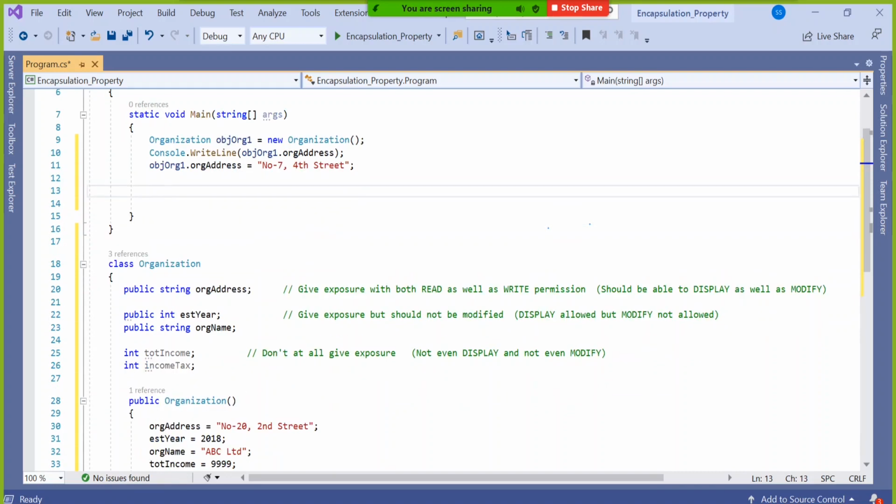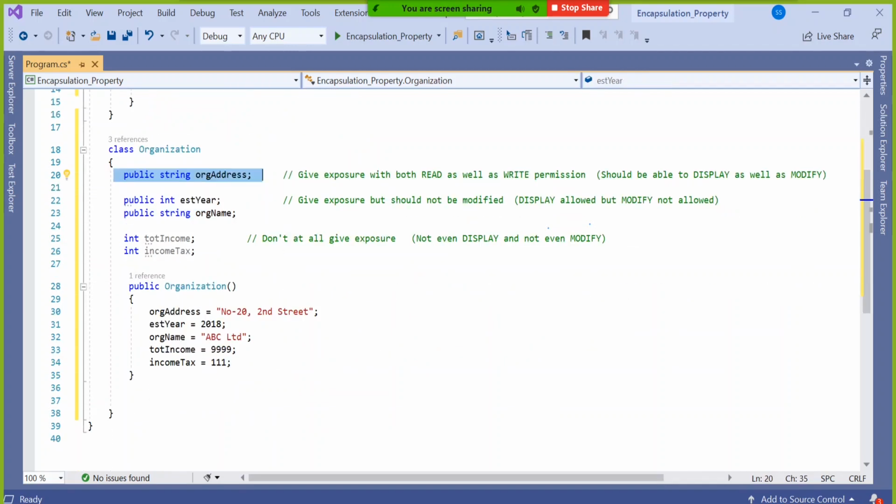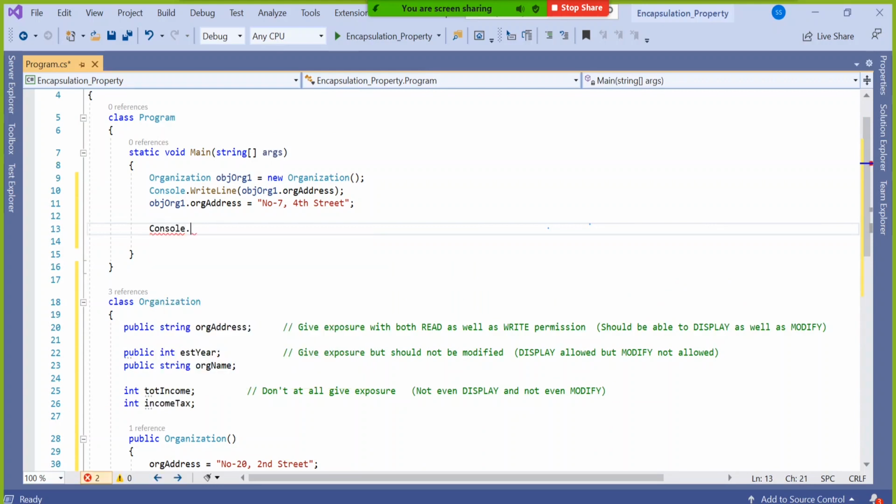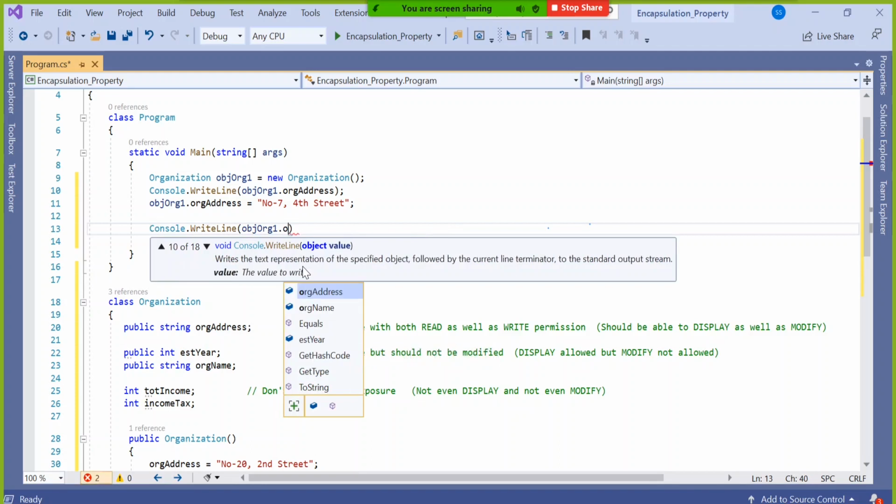Public means what? Both allowed, read as well as write. So for my address, I have no problem. For my income tax and this, no problem. Because if somebody tries to use income tax, not even will he be able to display it with console.writeLine this dot income tax or total income.